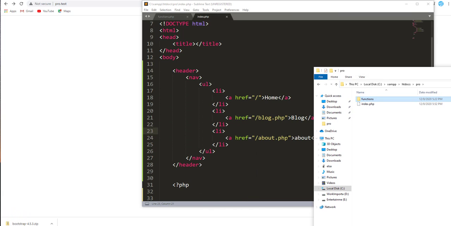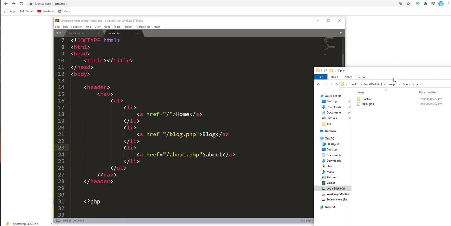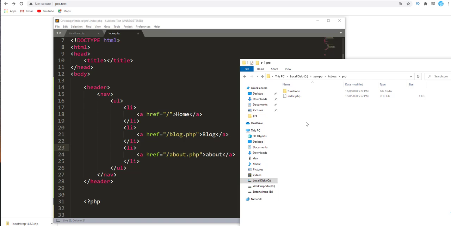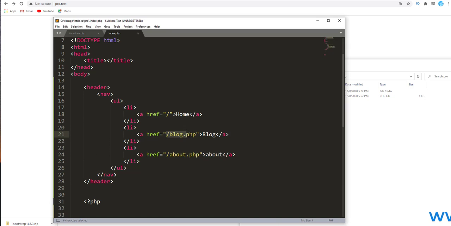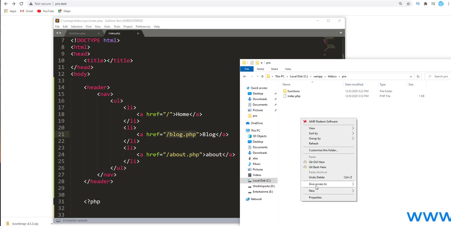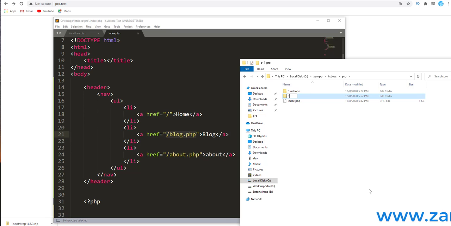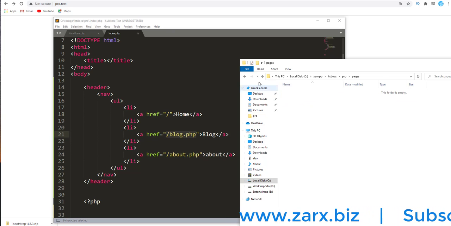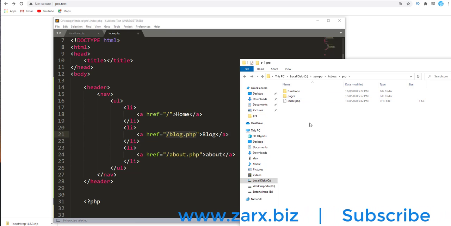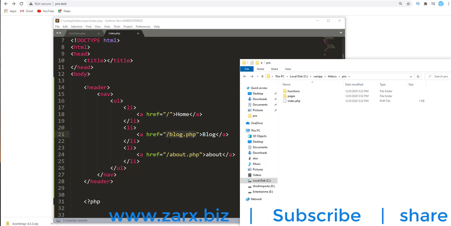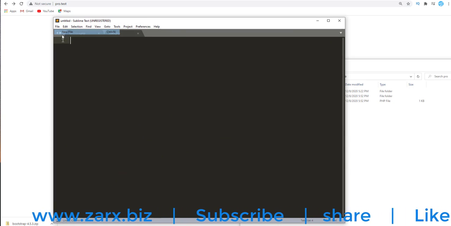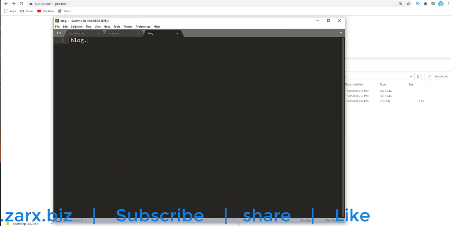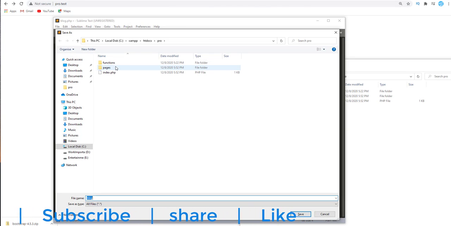So when we are working on the application and we want this application to get bigger, we want to organize it in a better way. We cannot just straight away say blog.php. We better put a directory. So I'm going to create a directory here. I say pages. Now if it is a bigger application, we might have further subdirectories, but for now it's fine that we have pages. So what I'm going to do is create a new file, and I'm going to give it a blog.php. I'm going to save this inside pages,